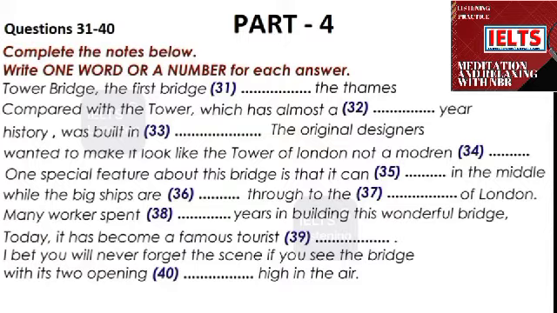Besides, the most surprising thing about Tower Bridge is that it opens in the middle, while big ships are going through to the Pool of London. If you're lucky enough to see the bridge with its two opening arms high in the air, you'll never forget it. The bridge took 8 years to build and cost £900,000, a lot of money in those days. But it was a wonderful success and became a famous tourist attraction in London on the day when the bridge was completed. 100 years ago, the Thames was once London's busiest traffic route, so that the bridge opened at least